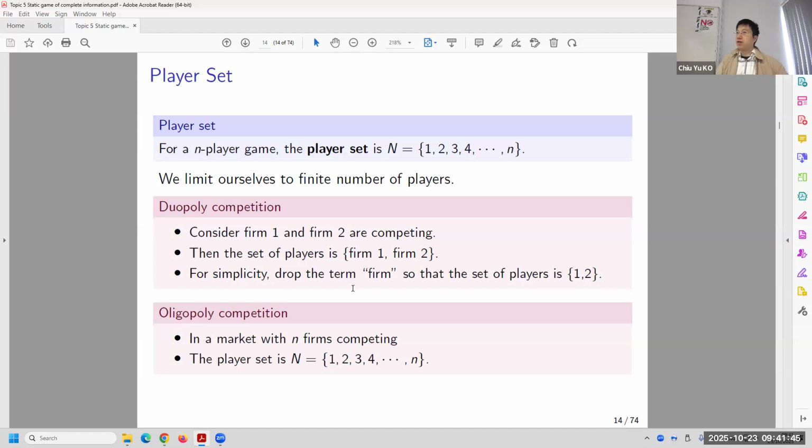For example, we talk about firm competition, and we ignore consumers. Of course, sometimes you can include consumers as well, but if you ignore them, they are still not dummies. It's not that you charge them 10 bucks and they just take it. They respond to you, but you summarize the response